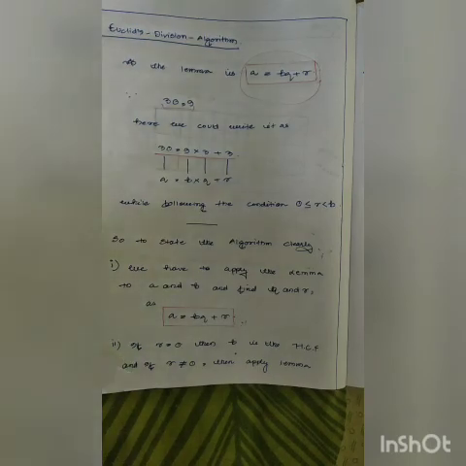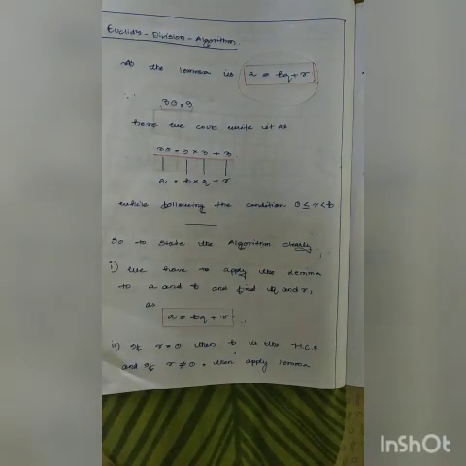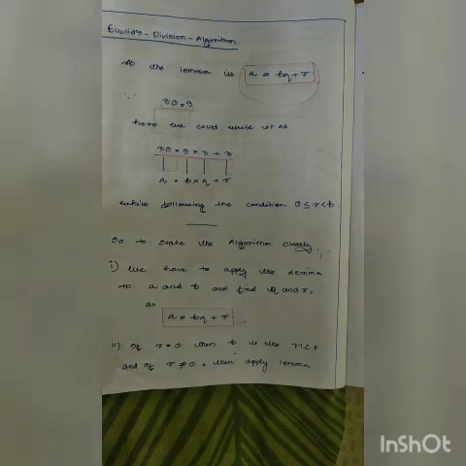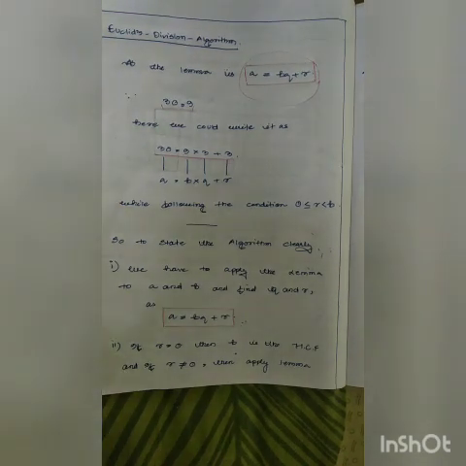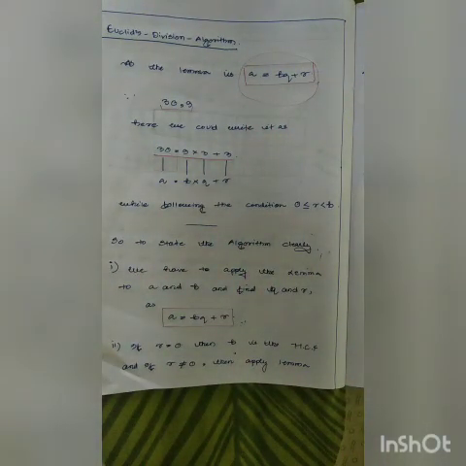I have made you understand what is a lemma and the Euclid's division algorithm earlier in a very conceptual way, but today I am going to explain it in a theoretical way, and it is also very important. As the lemma suggests, it is A is equal to BQ plus R. Now, what is A and what is B and what is Q and what is R? We have to understand it very nicely.